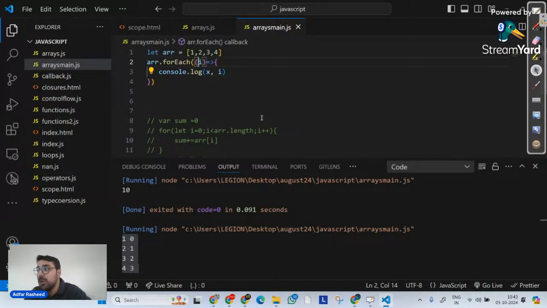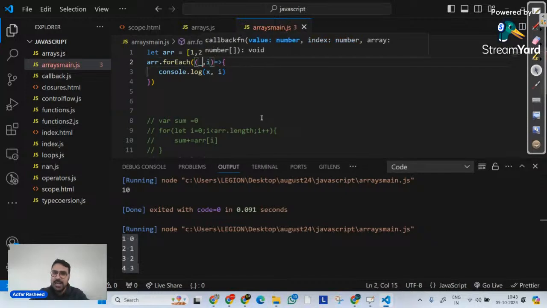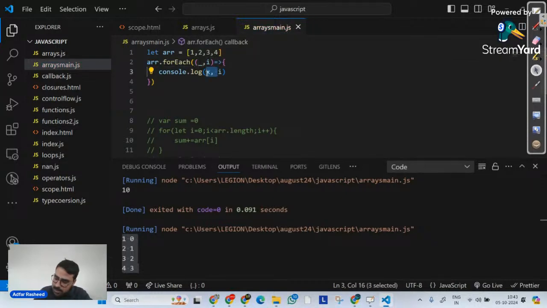If there's only one argument, it will be treated as item. But I wanted to write my logic based on the index. Maybe I wanted to simply print I into 2. This is the logic I actually wanted to perform inside this for each loop, based on the index only. But can I reach the index without writing the first argument? No. But I want to omit that. I don't want to give it an identifier. I simply want to omit it so that I can directly reach I and use it in my code. So we put underscore in such cases where the first argument can be omitted.